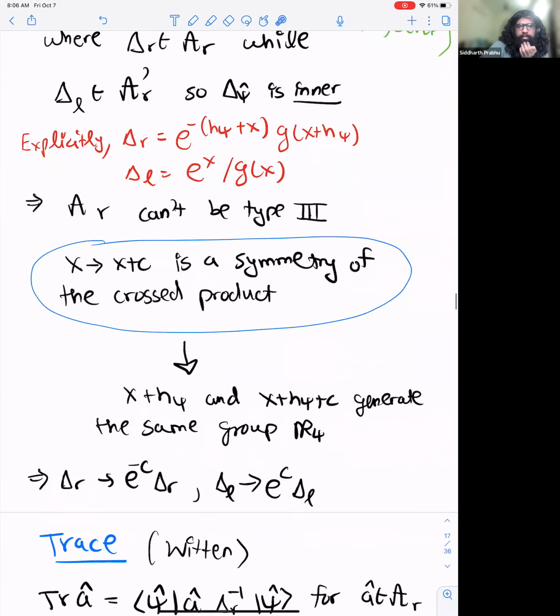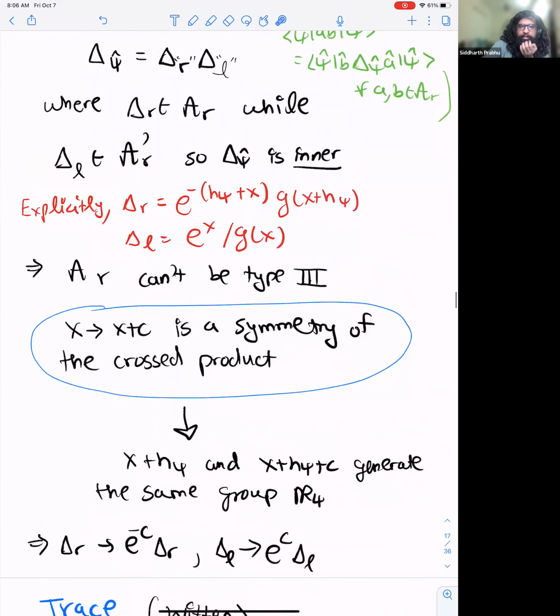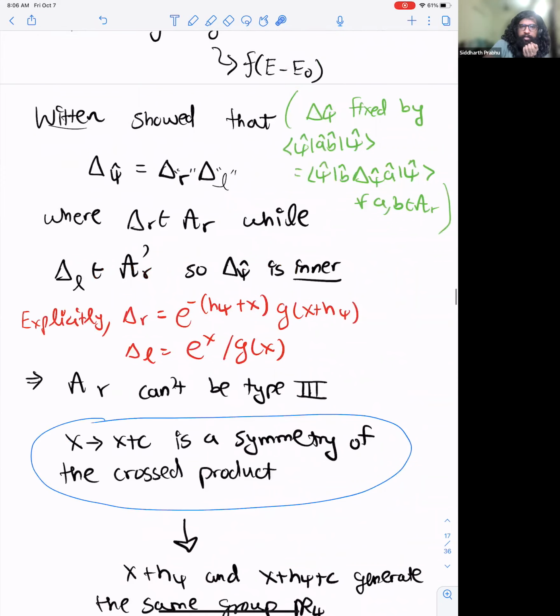Sorry, if you go up slightly on that, the thing you've written in green on the right, are you missing a delta psi on the left hand side in that equation? No. Yeah, there is no delta psi on the left hand side here. So the delta psi hat is not defined, but it's given by the fact that if I take delta psi hat and I sandwich it with b hat and a hat, then it just literally becomes AB. And so, the actual definition of the modular operator